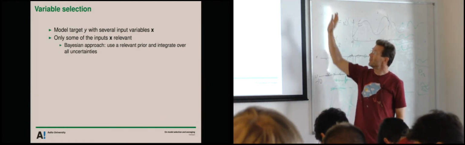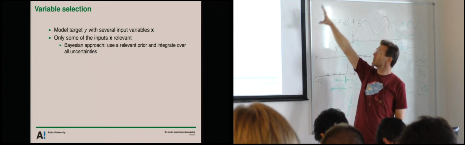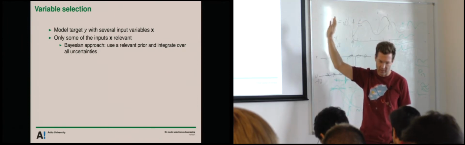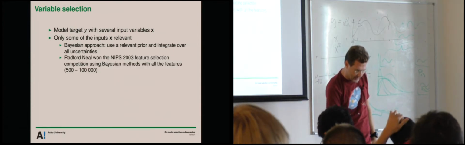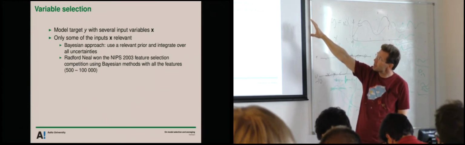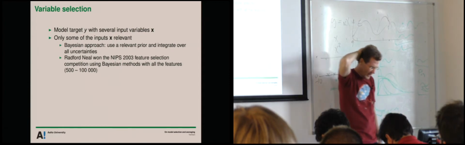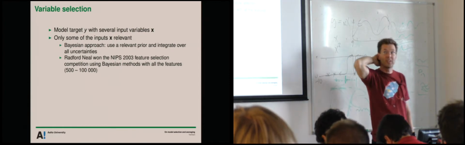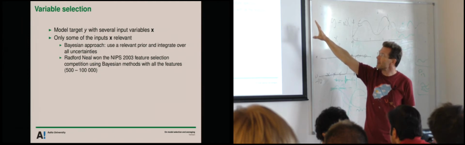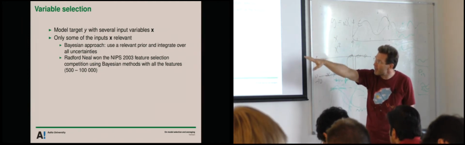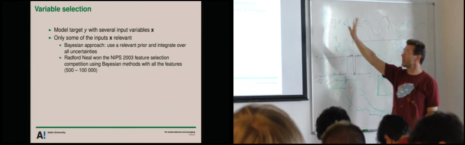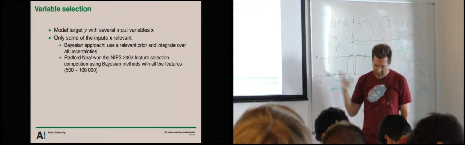And then, of course, instead of variable selection, we should just put everything there, use relevant prior information, and integrate over all uncertainties. For example, Radford Neal, there was a NIPS 2003 feature selection competition, where the competition organizers thought that they would find methods that could improve the performance by feature selection. And Radford Neal demonstrated that using Bayesian methods with all the features, from 500 to 100,000, you don't need to do the selection at all. Just integrate over all uncertainty. But then